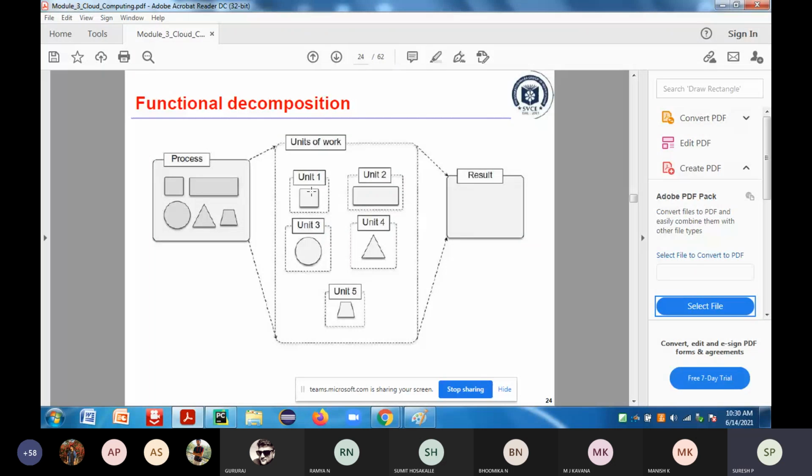In your domain decomposition, we have different data to be partitioned. But in your functional decomposition, even the data which you are going to have is not the same, and we don't have the problem of partitioning the data itself. In domain decomposition, we have the partitioning of data. Here we don't have the partition of the data set.